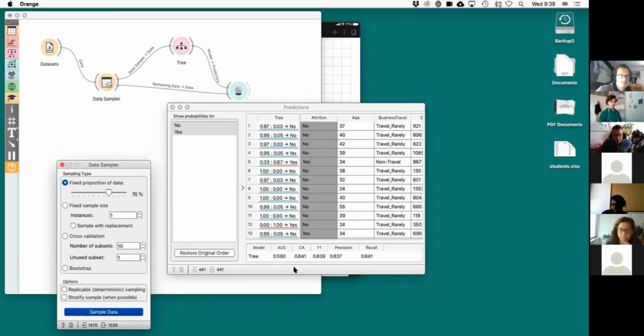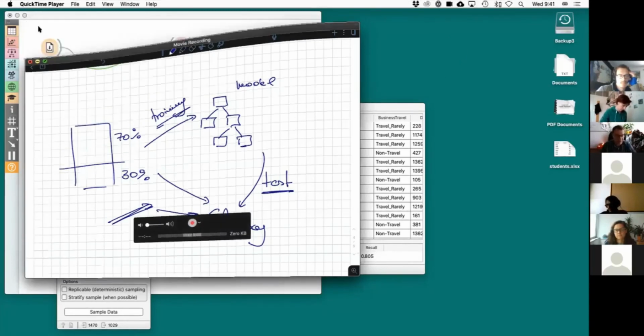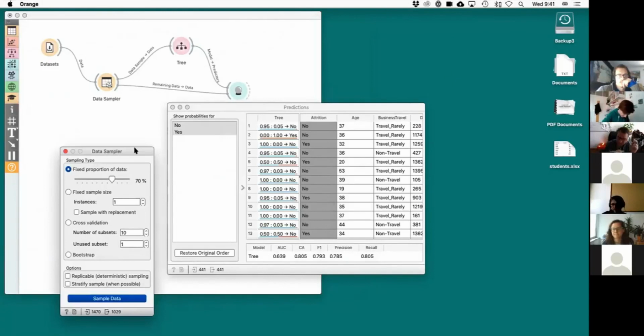This is also one way of cheating, if the process depends on my accuracy based on a particular sampling, because then I can press sample many times and just report the best one. So I'm cheating. What people do is look at the distribution of the scores under different sampling. So what I can do is press sample data 100 times, and then report the average accuracy that I get.